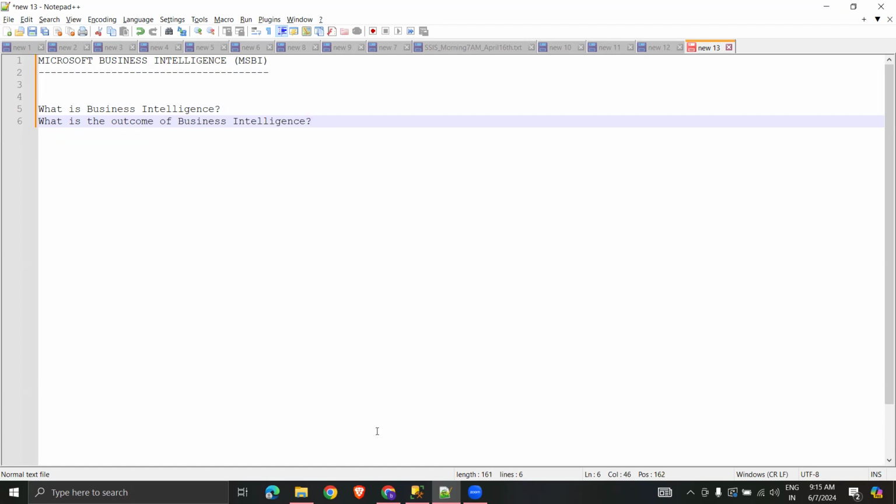Can someone answer it? Amrita, Mohan, Siva, Venu, what is business intelligence? Sir, you people decided to set your roadmap towards the business intelligence team. If someone asks you, you should be in a position to answer the question, right? Your brother or sister or friend, whoever it is. So let us start with business intelligence and then we can go ahead with the outcome of business intelligence.